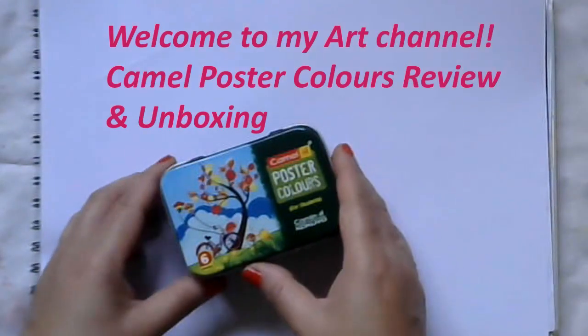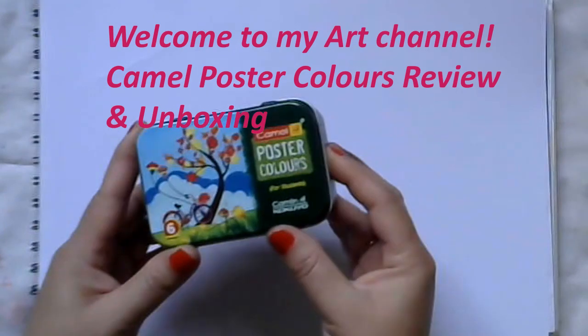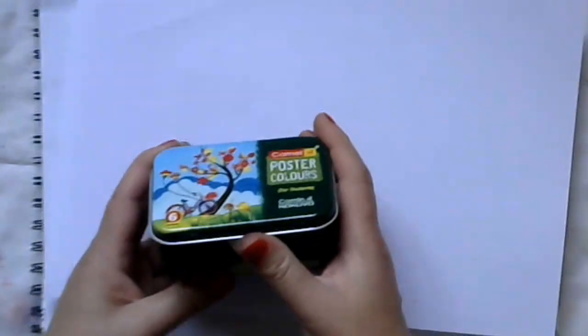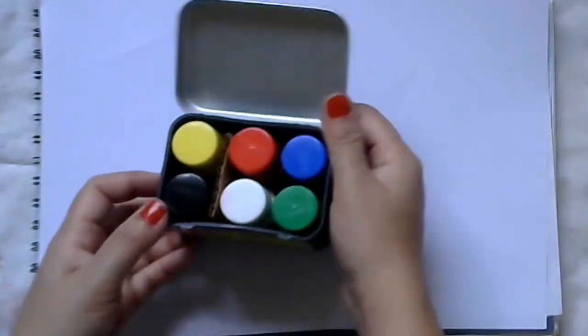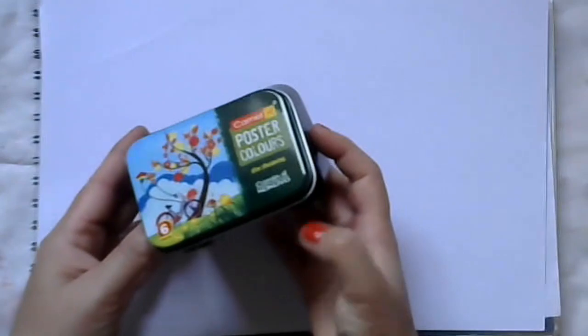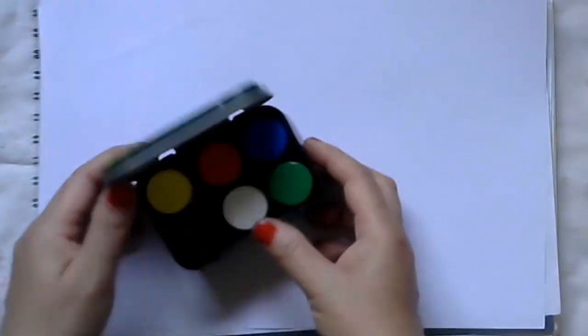Hello friends, today I have these Camel poster colors with me, so I want to share with you how the color is. You can see it's a small box and there are 6 shades only,